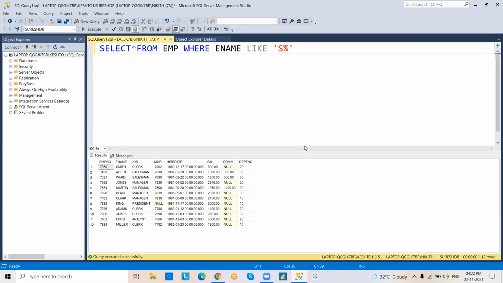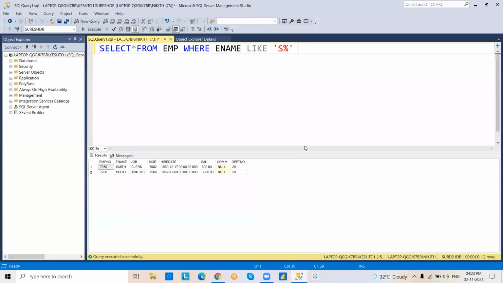See, the percentage symbol, we call it percentile. Generally we use the like operator for pattern matching purposes. S percentile means ename starts with S. Execute, see. Smith, Scott.